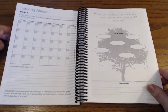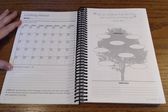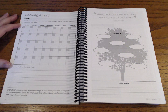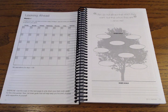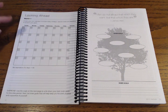And then you finally get to some of the actual planning pages, for your schedule. This is how they have their monthly calendar. Super duper small. Even with my really small handwriting, I don't know. I think this needs to be a month on 2-page spread, because especially if you're trying to write out tasks or something that you want to do for each single day, I think you're just not going to have enough